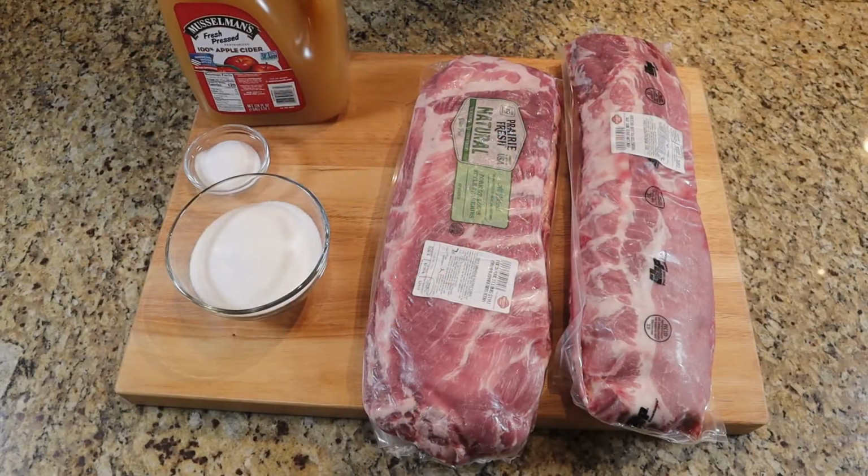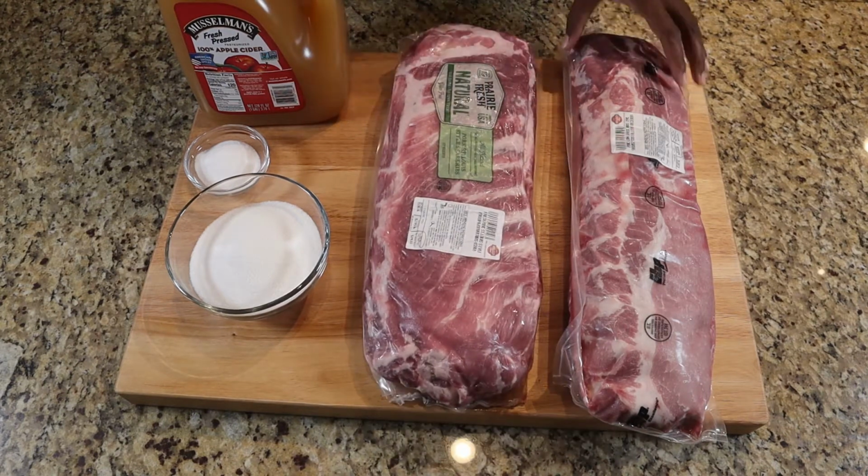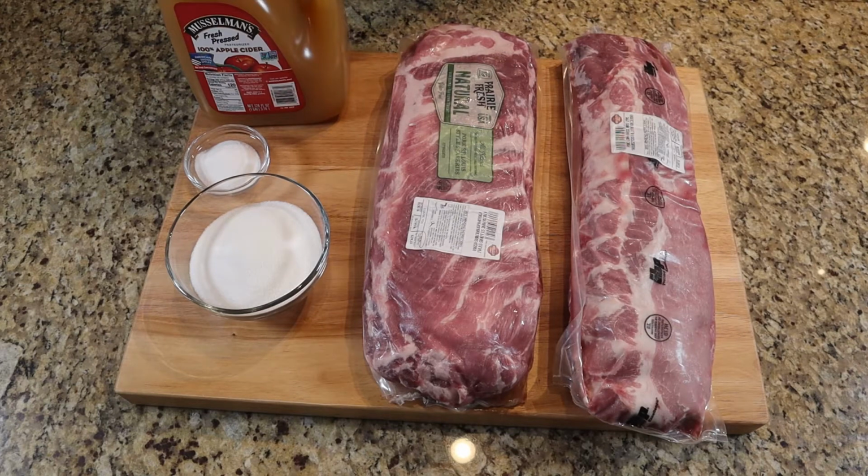All right, family, let's go ahead and get into these ribs. So just a disclaimer, I have never, ever fried ribs before. Never. So this is going to be my first attempt. So what I'm going to do is brine them first, just because I don't know how they're going to turn out. And I'd rather start breaking that meat down before I put them